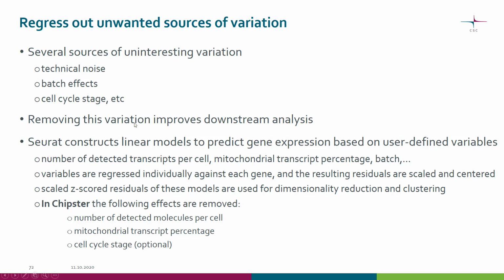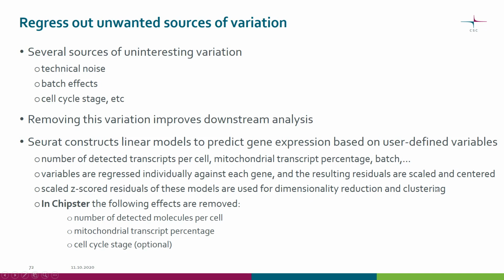So we want to remove this kind of variation, and the way scRNA does it is that it constructs linear models which predict the gene expression based on a variable that you define. There can be different ones, for example, the number of detected transcripts per cell, mitochondrial transcript percentage, and so forth. So these variables are regressed individually against each gene, and then the resulting residuals are scaled and centered. And the scaled z-scored residuals of these models are then used for